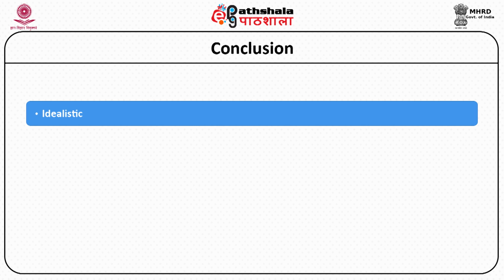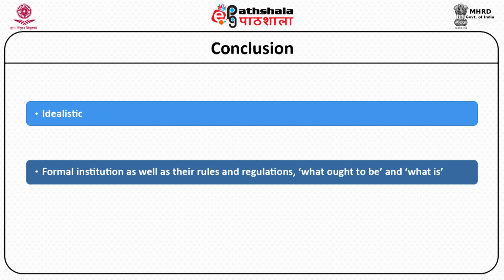It studies about the formal organizations of power, formal organizations of government, that is the formal institutions, the legislature, executive, judiciary, which have their own do's and don'ts, which have their own rules,